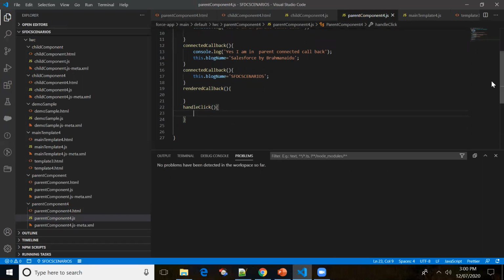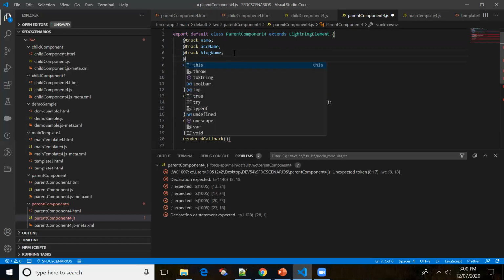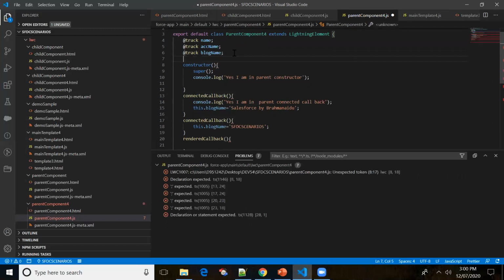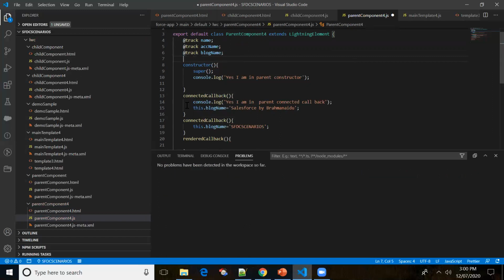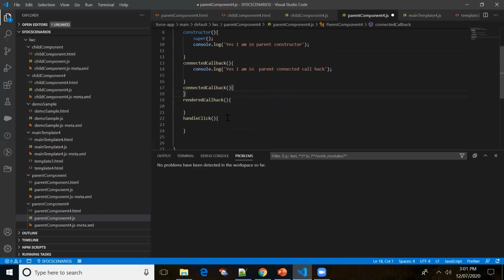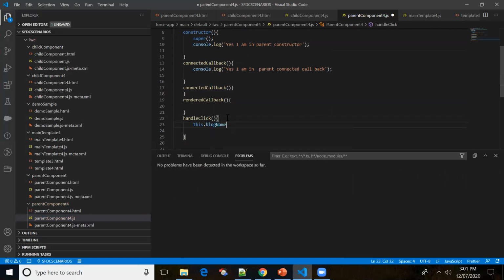Okay, so let me create a variable. Okay, so we have already created a variable blog name. So let me make use of it in the rendered callback. Okay, in the handle click, once the user clicks on a button, then we are going to set the value.